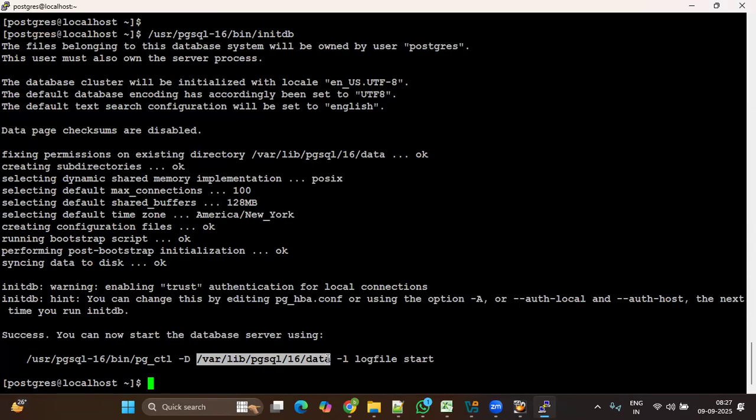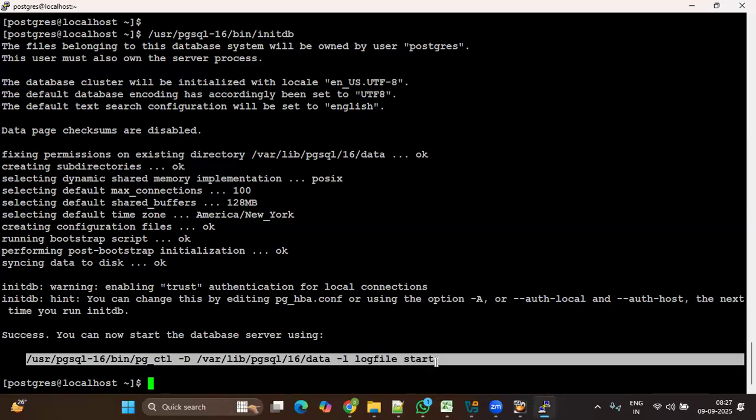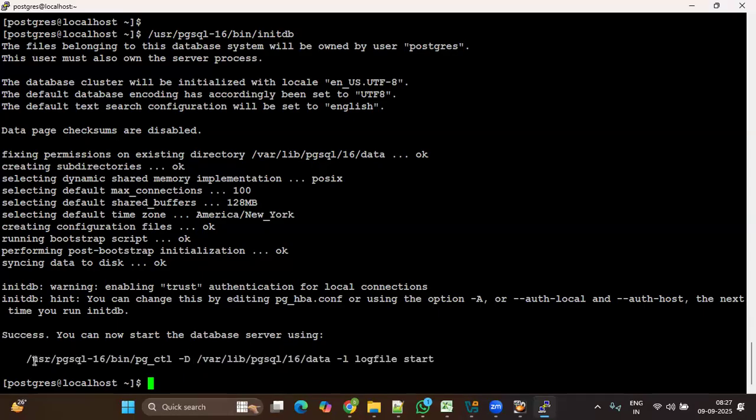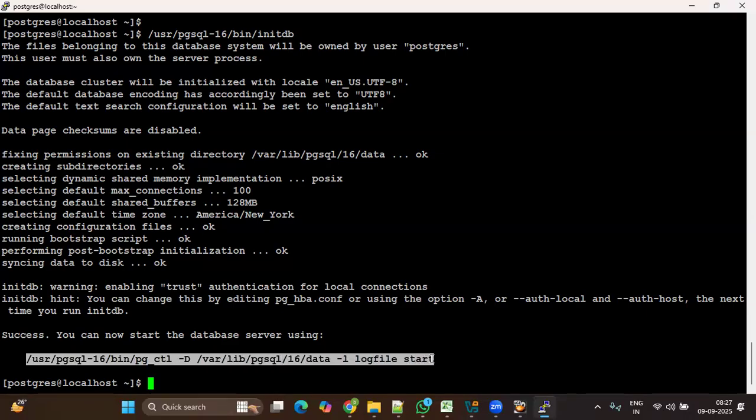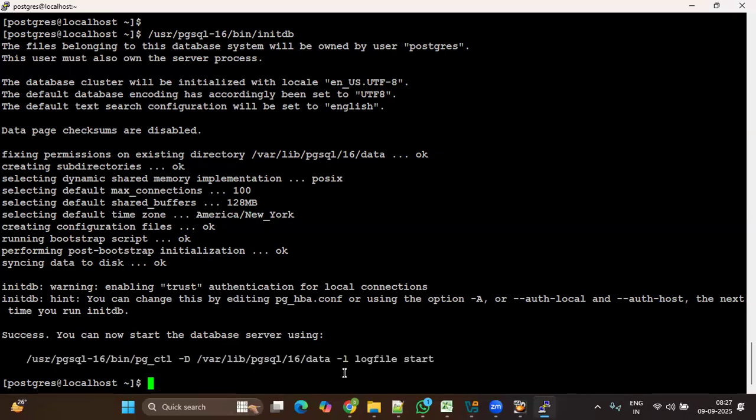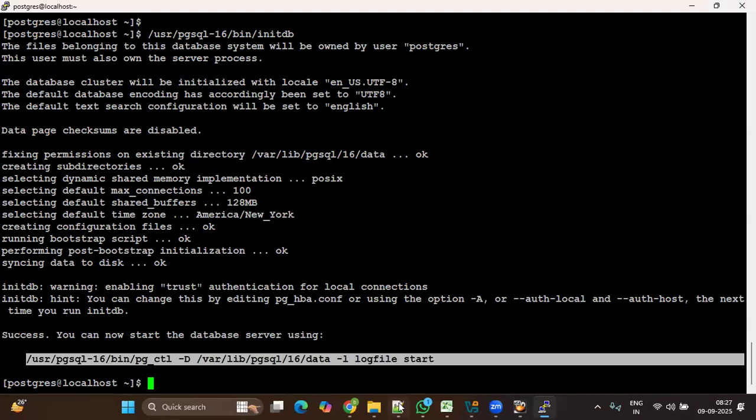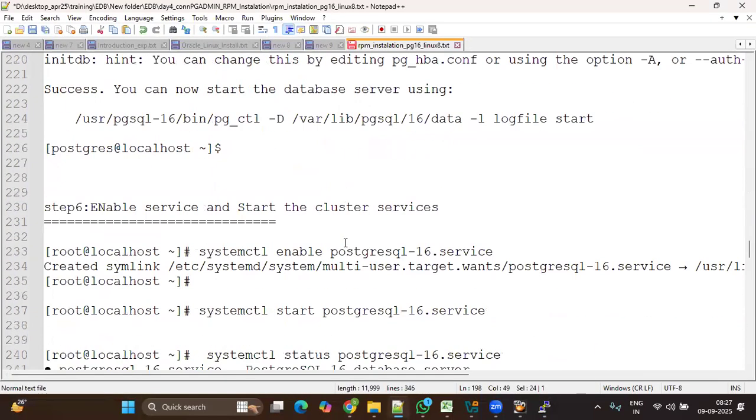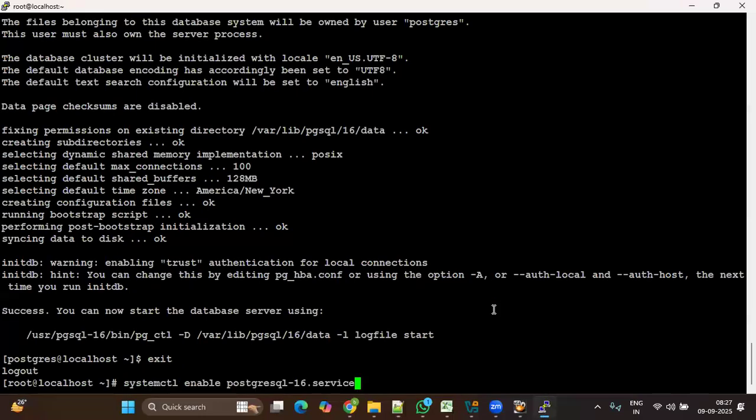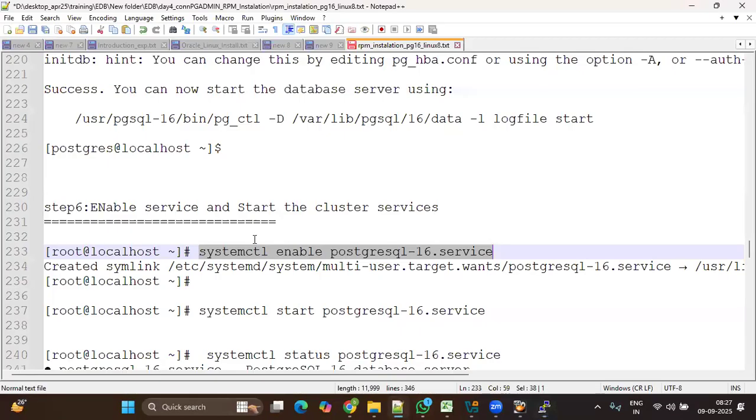So how to start the services? Creation of the cluster is a success. In the output itself it's given. This is the command. You can go and start the cluster services using pg_ctl. If you want to go with pg_ctl, yes, you can use this command. Just copy paste. It's going to start the cluster services. If you don't want to go with pg_ctl, then go to the root account, then enable the service file, then start the